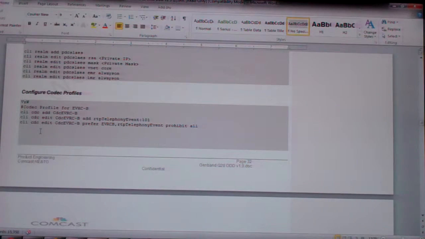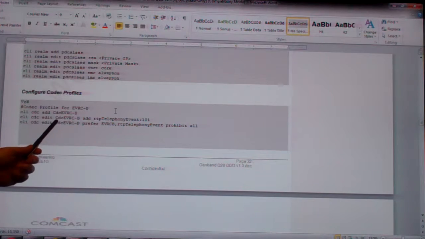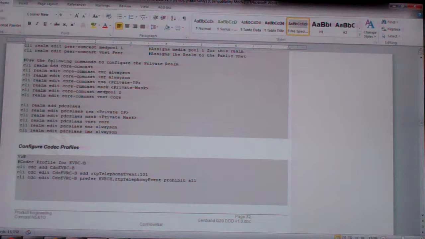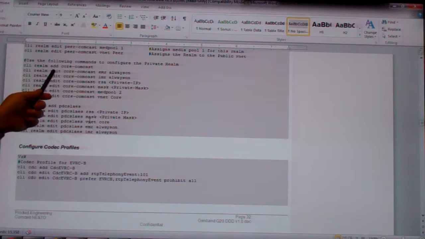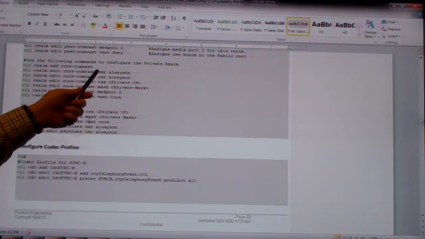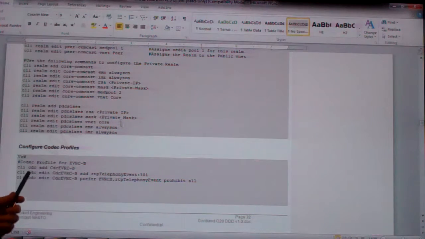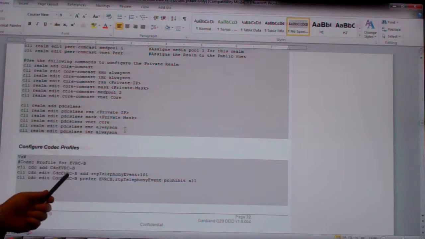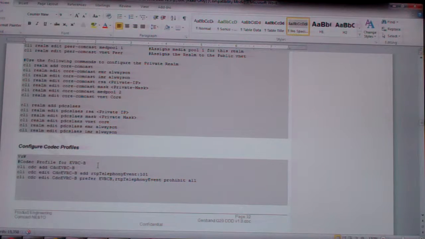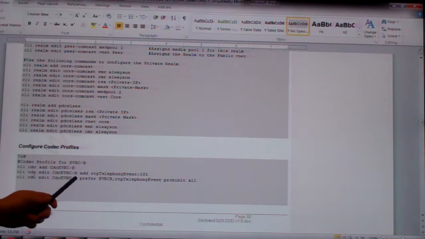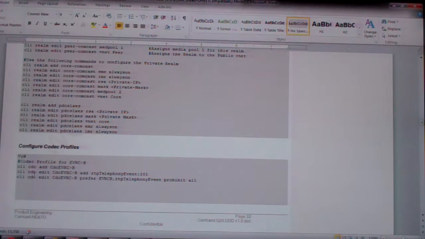Okay, so codec profiles. So here you're going to see us adding a codec profile for EVRCB. You add the codec profile. Everything that we normally do, we add an object, then we edit an object. So you'll see like in realm, it's CLI realm add, and then you edit that realm and you put your options in afterwards. So here we're going to add a codec profile, and we're going to call it CBC EVRCB, and we're going to say add telephony event 101, because we know coming in from the core, we're not going to be offered